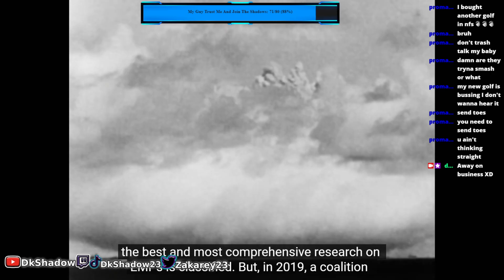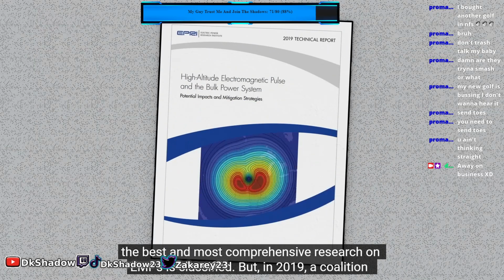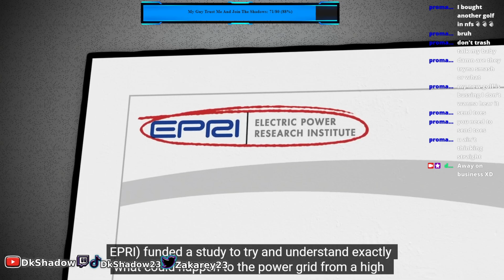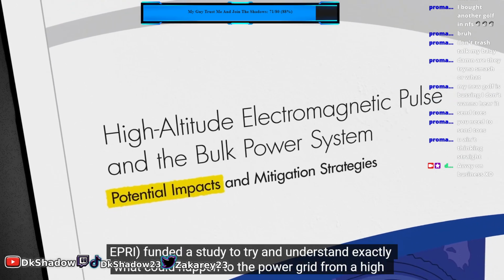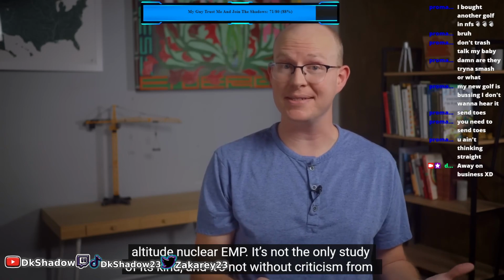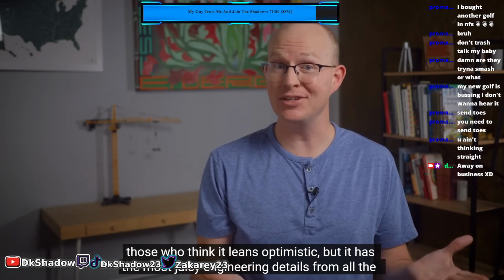As with most weapons, the best and most comprehensive research on EMPs is classified, but in 2019, a coalition of energy organizations and government entities called the Electric Power Research Institute, or EPRI, funded a study to try and understand exactly what could happen to the power grid from a high-altitude nuclear EMP. It's not the only study of its kind, and it's not without criticism from those who think it leans optimistic, but it has the most juicy engineering details